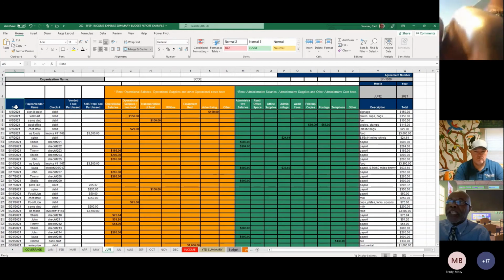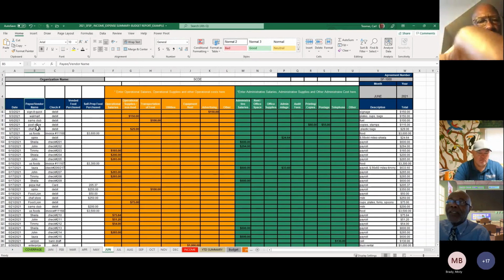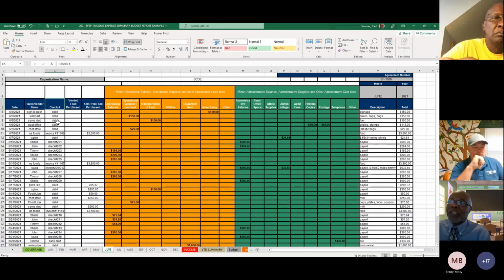Then we have the date when the actual expense occurred. We have the payee or the vendor name that you paid it to. This could be anything here. It could be whether you paid by debit, whether you paid by check, whether it was an invoice, whether it was a bank draft. You want to list that information here.